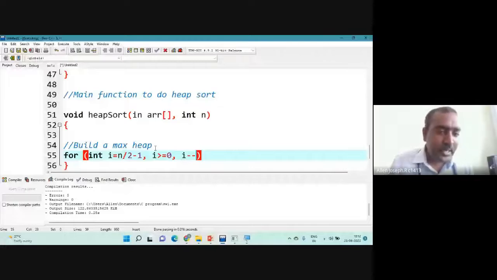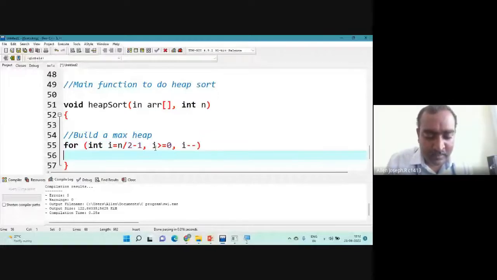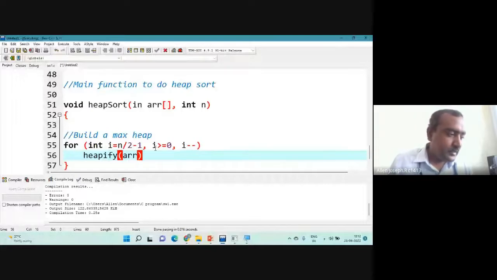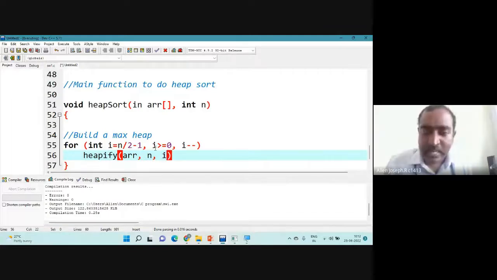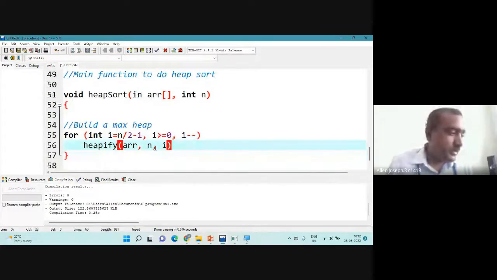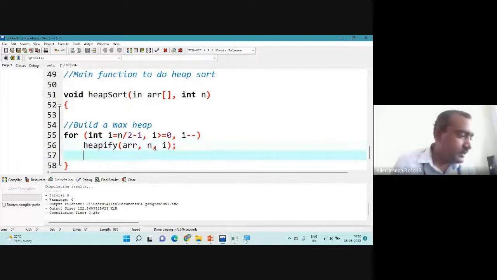So I'll call the heapify here. This is my heapify. It's quite a big program, but when you try to work through it, it's very easy to understand how this one works. So I have my heapify here, and I'm done with this one. And before that,